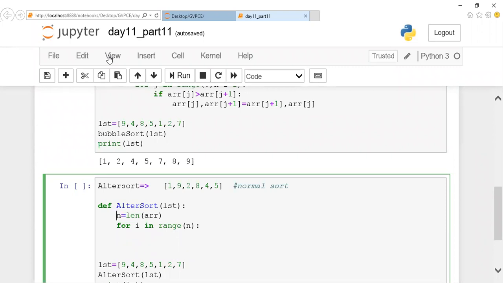Min function, max function, how will you do it? You can slice it and do it. Okay, try it. But I don't mean it, but try it. If you're okay with it, try it. Let us see.